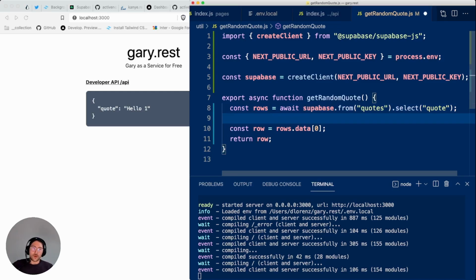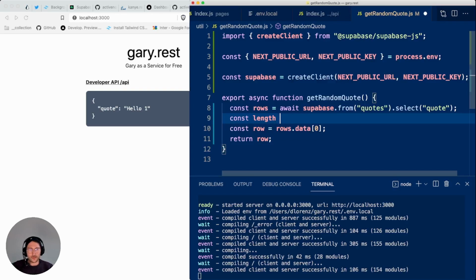The problem is, as far as I know, Supabase in its abstraction currently doesn't support something like .random in the selection. You could use SQL functions for that and then call supabase.rpc. But I think for the amount of data that we're processing here, it's quite okay if we just load, I don't know, 100 rows and then we filter it in here in Next.js. So that's what we can do.